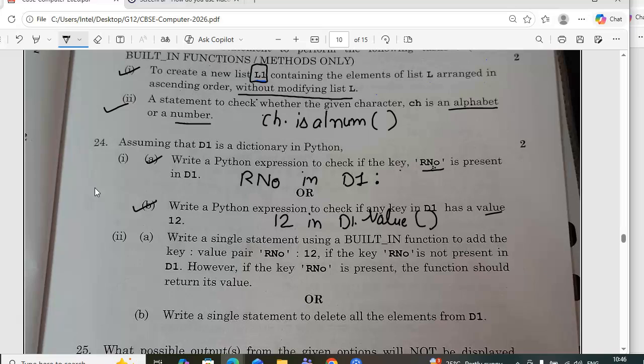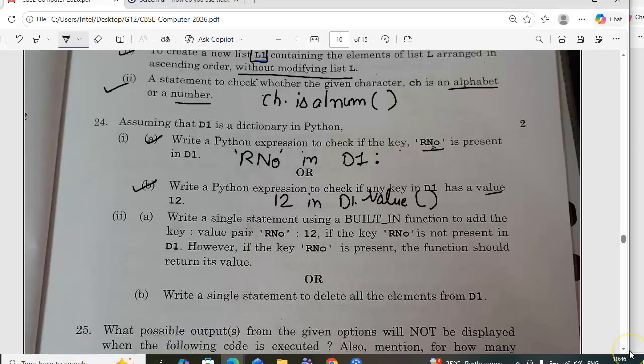Then the second part: write a single statement using a built-in function to add the key-value pair RNO, 12, where RNO is the key, if the key RNO is not present in D1. If they are checking for a string type, you can give it in single quotes here also. However, if the key RNO is present, the function should return its value.